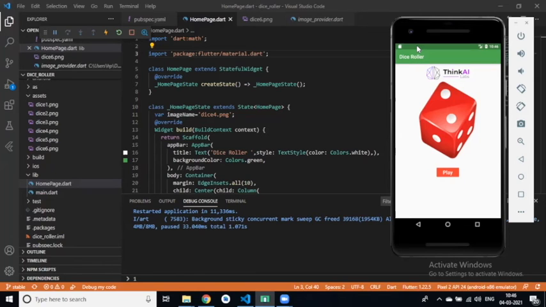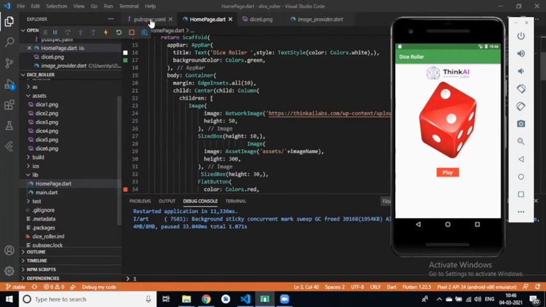Hello Roshan, yeah, I can hear you. Scroll up, Roshan. First, we have to define our asset image in the pubspec.yaml file for using our asset image, right? Yes, Roshan. Continue. After that we created children and then inserted a network image. By this we can easily insert any image from an internet URL. After that, we tried with the asset image, which is already established in the asset folder.